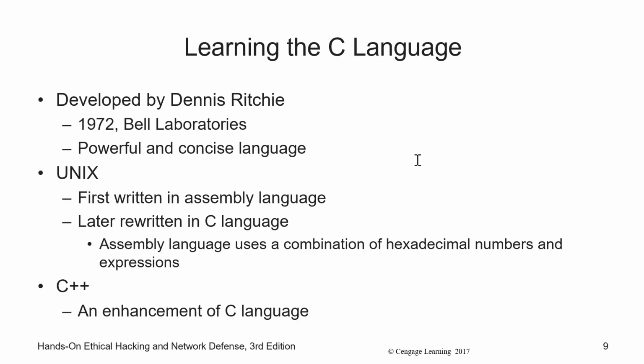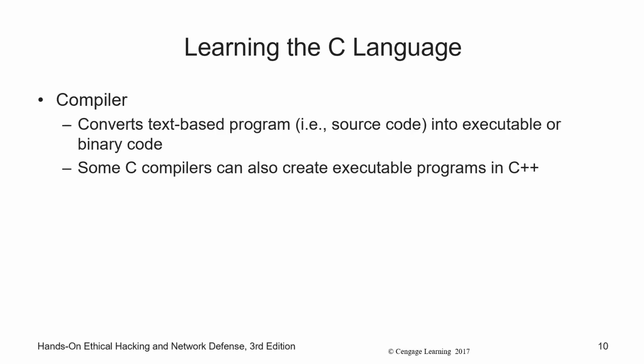Dennis Ritchie developed C at Bell Labs. It really is one of the most powerful languages that you can write in, and unless you're writing firmware, you're probably not going to write in it. Unix was written in assembly, then moved to C. Yep, C++. Definitely much more widely used. Essentially, it enhances C, adds true object orientation, and adds standard libraries. C++ is something you're definitely going to encounter in your career.